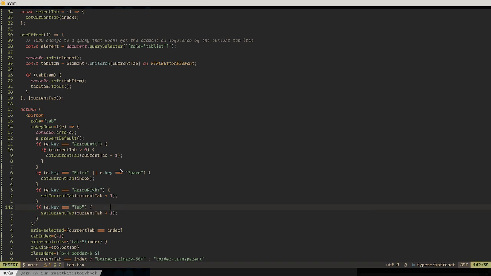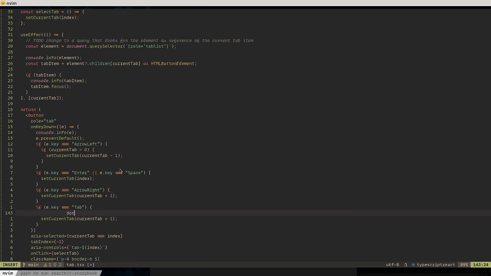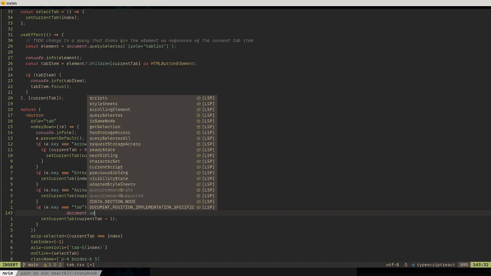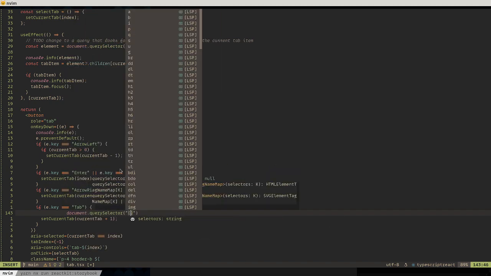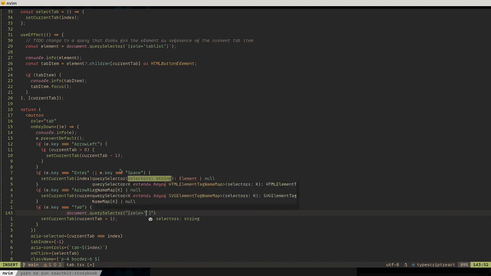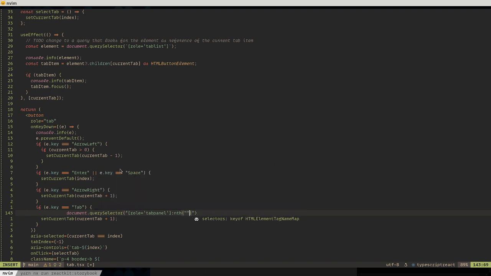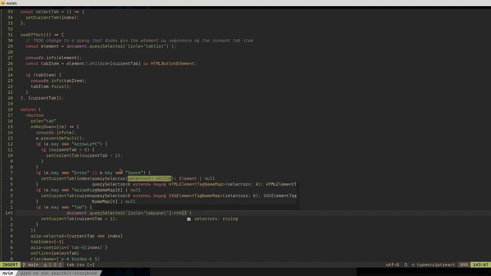what this needs to do is a document dot querySelector, role equals tab panel. And then put these back in. There's actually an easier way in Vim of doing this that I need to start practicing. But for now, let's just do